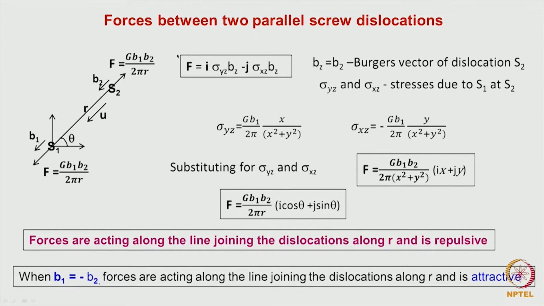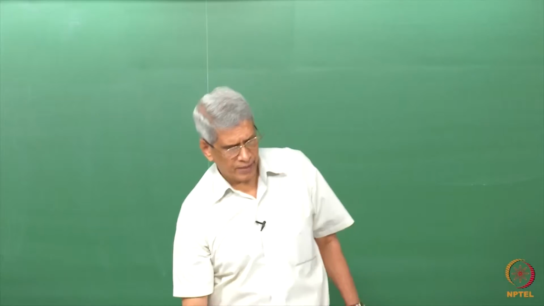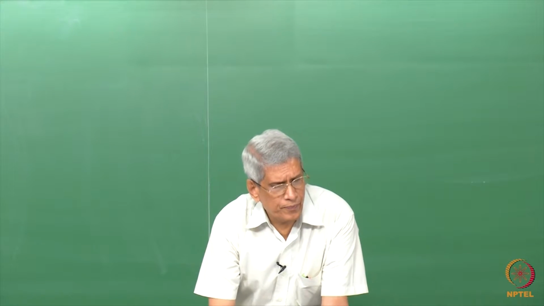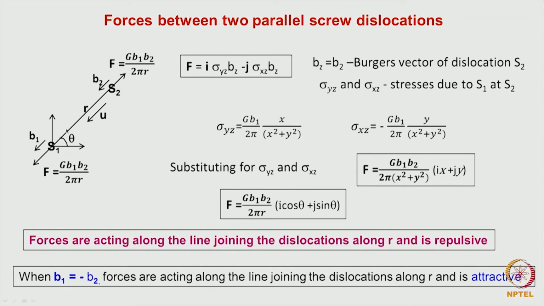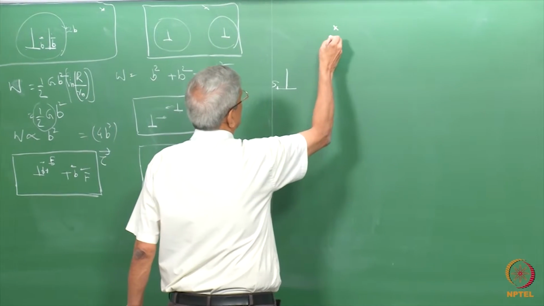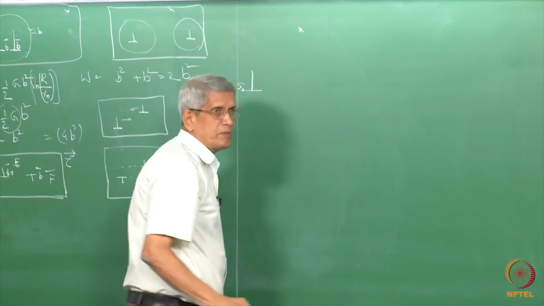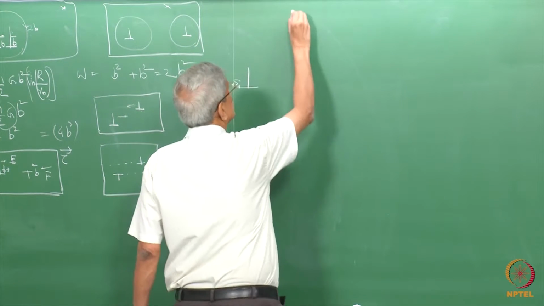And in the last class, we derived an expression for the direction in which the force is going to act, a generalized expression for the force if we apply an external stress. The philosophy here is to assume that there is a dislocation in S1. If a dislocation is present at a particular position here, this dislocation will be generating some stresses.